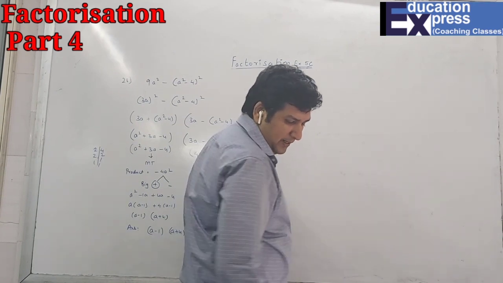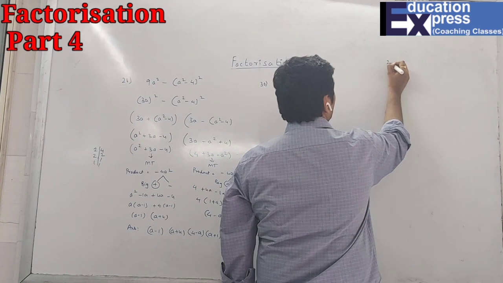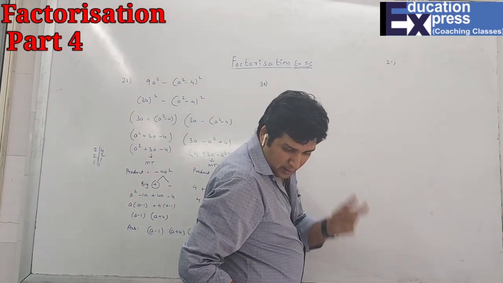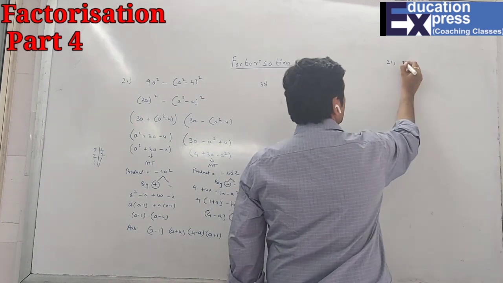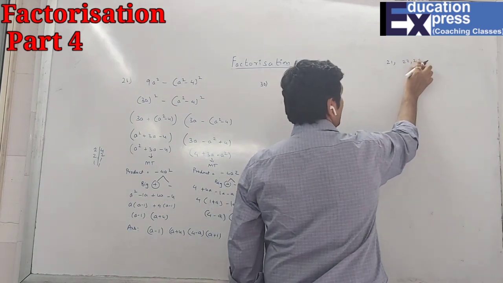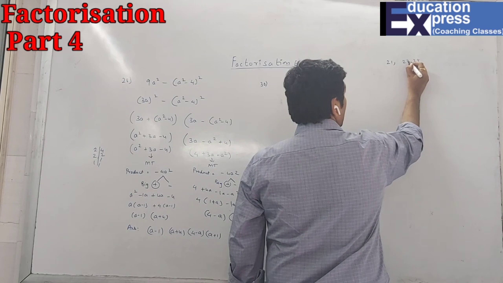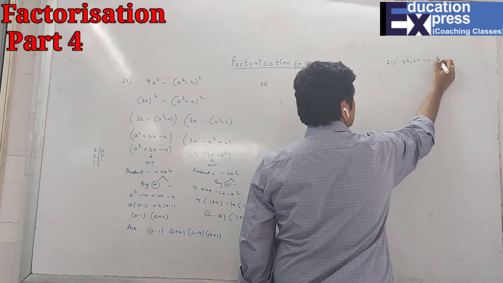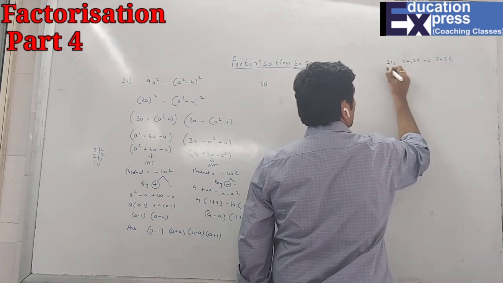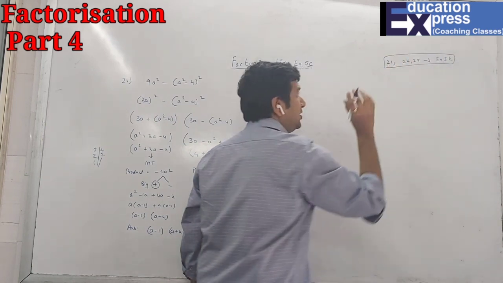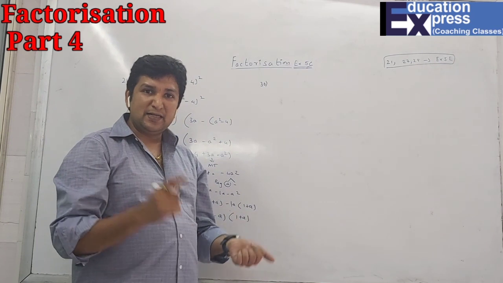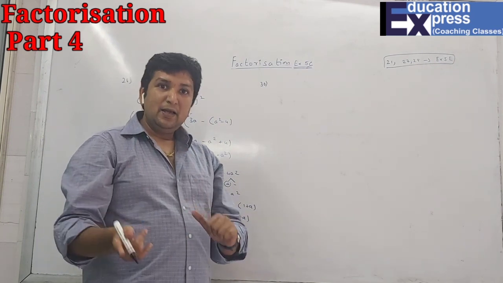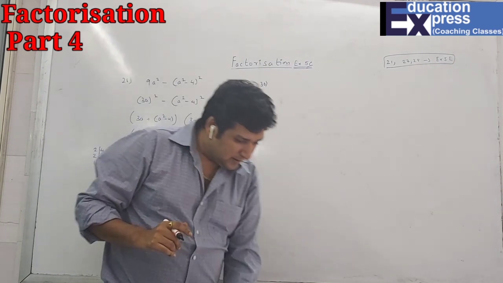As I have told you, now we are left with only 21, 28 and 27. For these sums the concept is completely different, and there are many sums in exercise E also based on the same concept, which I will do in the last. So after this I am starting exercise C, which is the same concept of A, B and C. And then last I will do these sums.